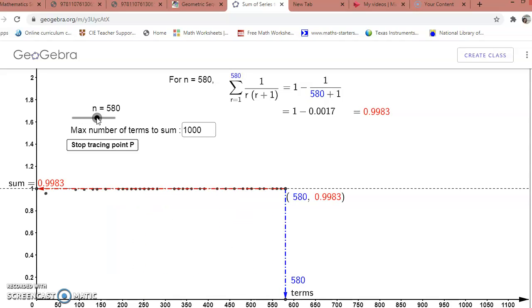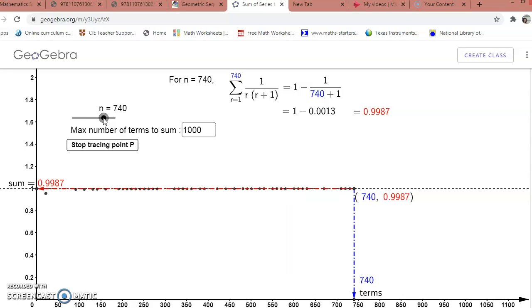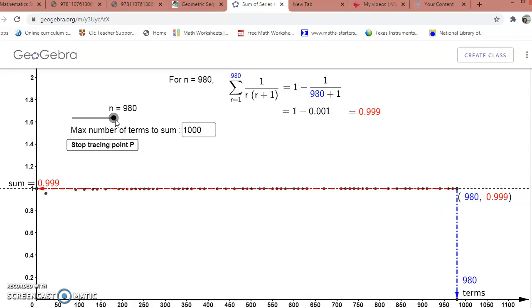Then I move to more than 500 values, it's coming even closer, and it's now 0.9983. As I move towards 800 values, 0.9988. If you see, it is coming closer and closer to, yes, you guessed it right, 1. When I come to 1000 values, it's 0.999. However, it does